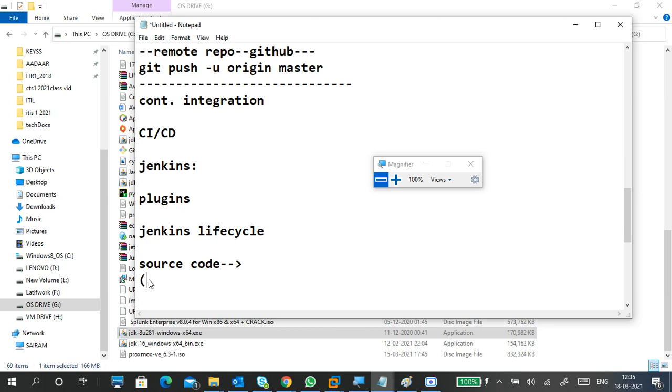Okay. So what is the source code? You have to give the location of the source code to Jenkins. We have to tell it where the source code is, so it will take the source code. Okay, and based on your following commands, what you want to do, it will do it. You want to test the source code or compile it. You want to take the source code and compile it, or maybe you want to execute.